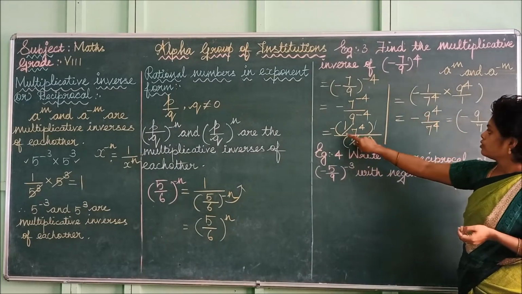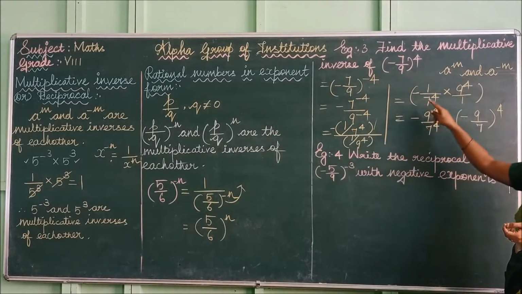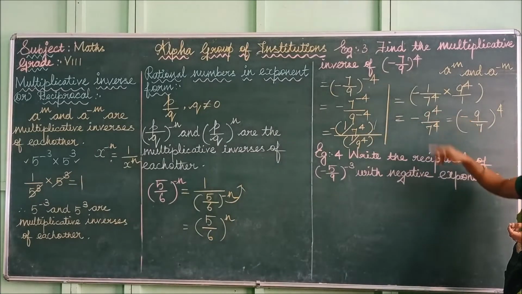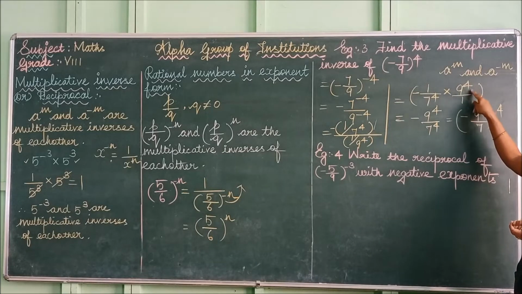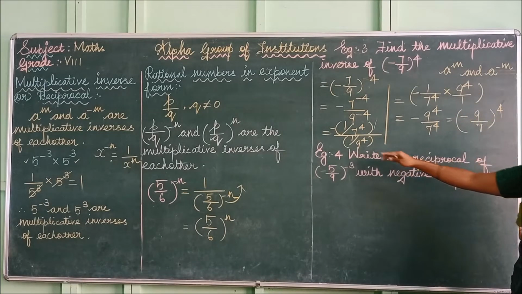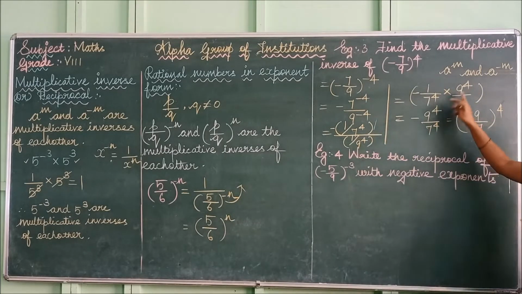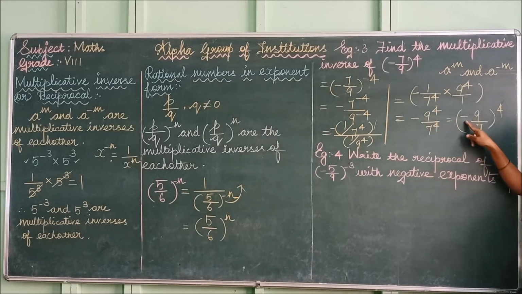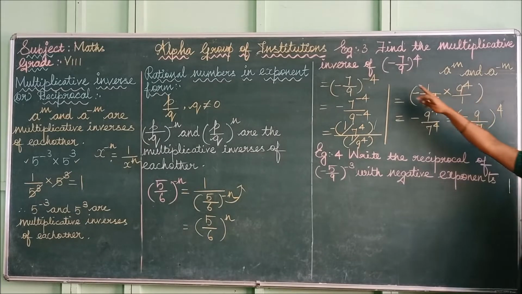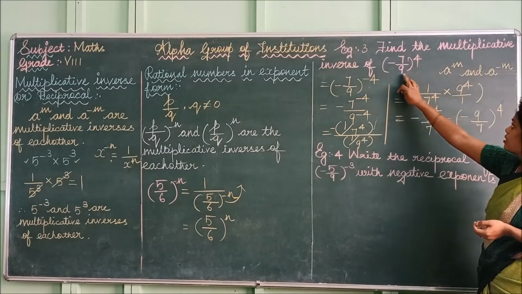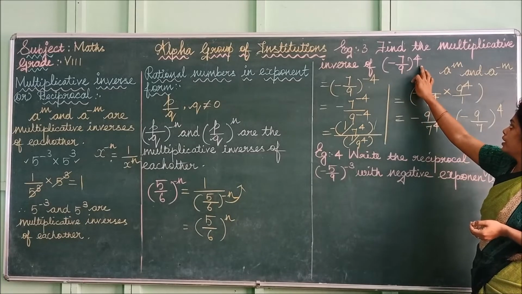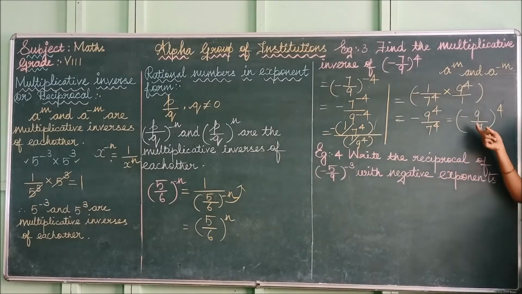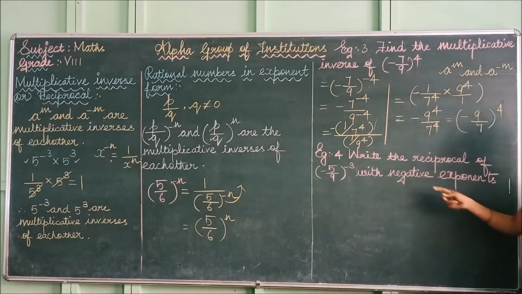So then it is in the division, so you can change it to multiplication, and rewrite it as 9^4 divided by 1. This division gets the reciprocal. So multiply and write minus 9^4 over 7^4, that is the minus itself. So (9/7)^4. So the multiplicative inverse of (-7/9)^4 is equal to minus (9/7)^4. Let's look at this example.